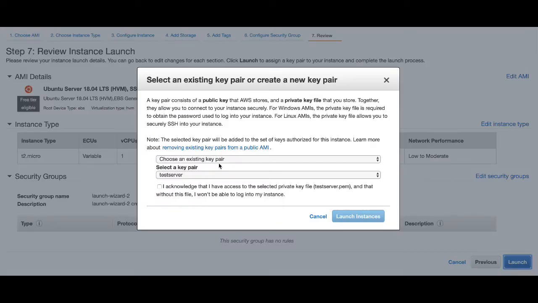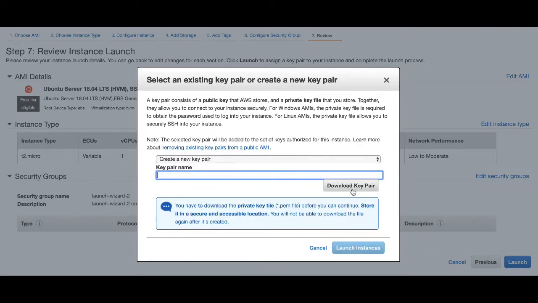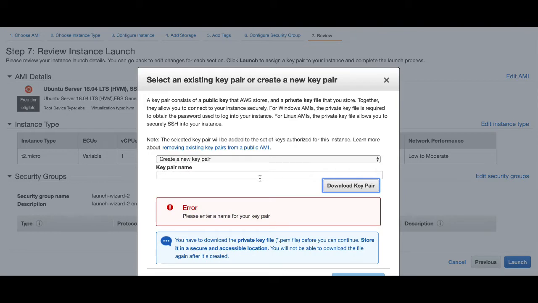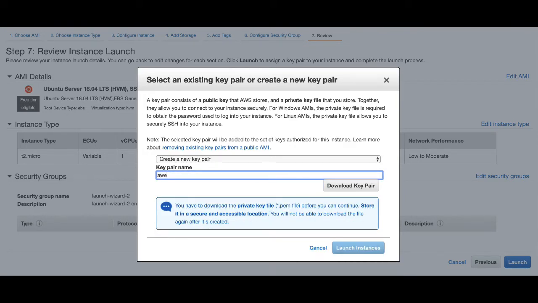Now it will ask to choose an existing key pair. Let's create a new key pair so that you can understand how to create one. Name this key file and download it.